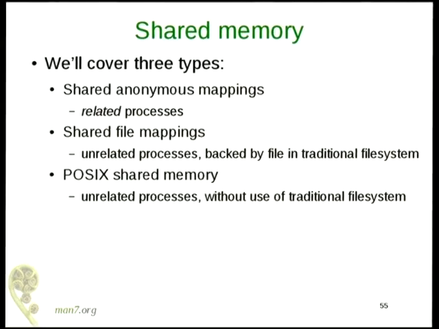By related, I mean processes that are related by fork. Shared file mappings can be used between unrelated processes, and they're backed by a file in the traditional file system. POSIX shared memory is for unrelated processes without creating a file in the traditional file system. So you may not want to bother doing I/O on a file, in which case you can use POSIX shared